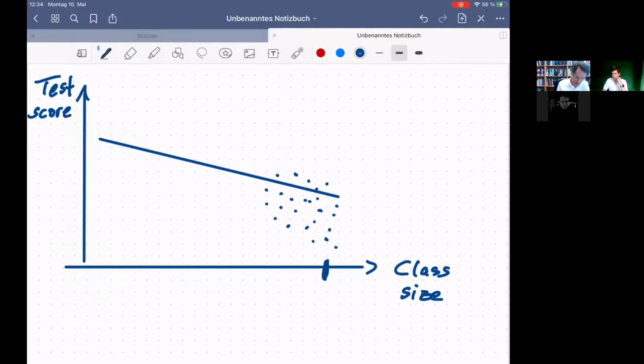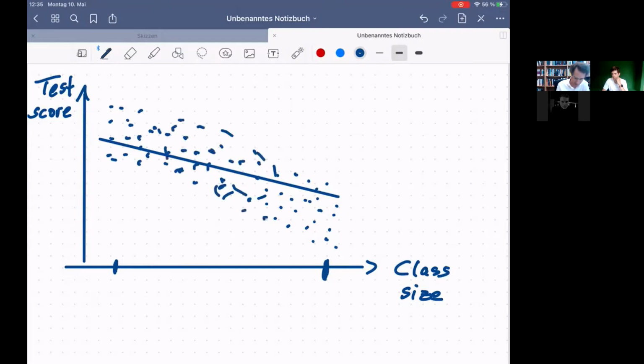While if we look at small classes down here, then the error term tends to be positive. Not always, but on average. And in between, it's just scattering around. Okay. So now if you squint your eyes, then you will realize that if you put a regression line through the dots, then what you get is something like this, which is obviously not the true regression line. Okay. So the red line is the one that we estimate from our data points,